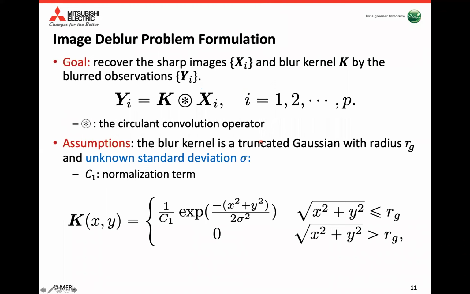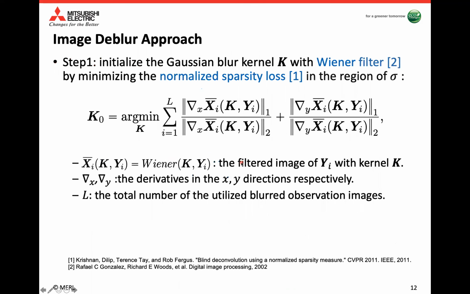For the first, image deblur module, the goal is to simultaneously recover the image x_i and the blur kernel k from the observation y_i, their convolution. This blind deconvolution problem is usually ill-posed without other assumptions. As out-of-focus blur is usually considered Gaussian or plane, we assume the kernel K is a truncated Gaussian with unknown standard deviation sigma. So the method has two